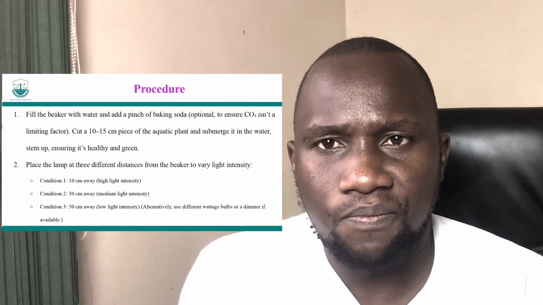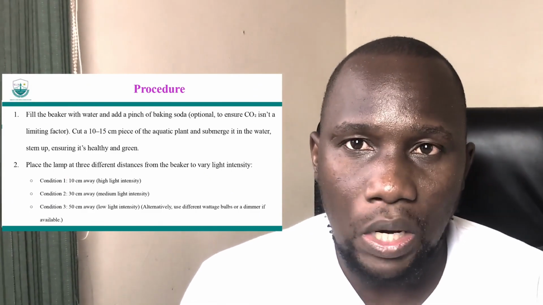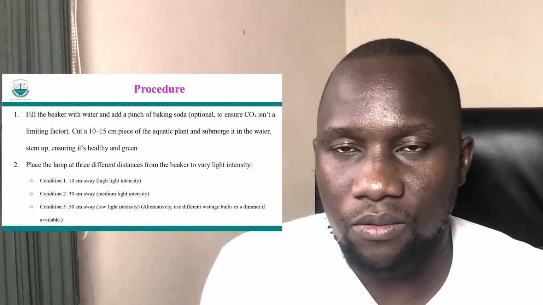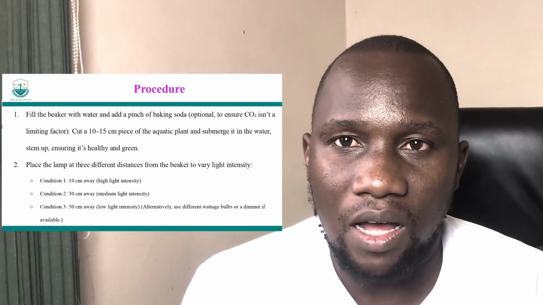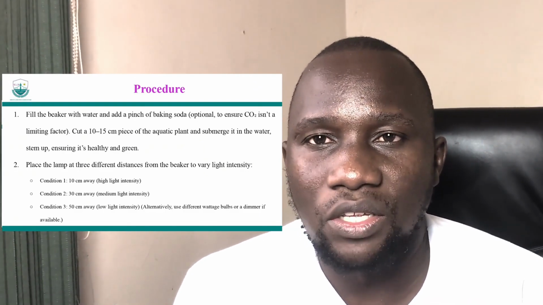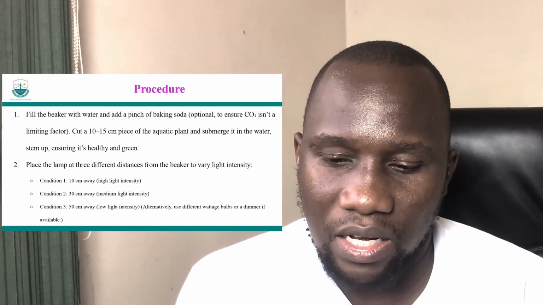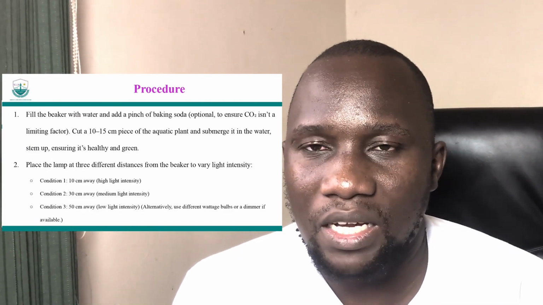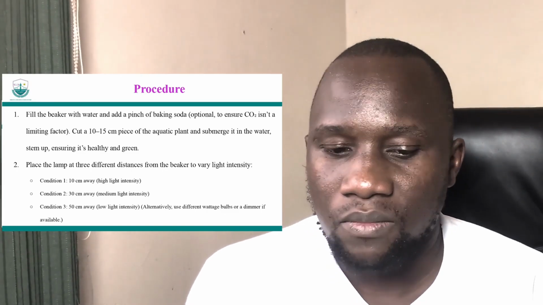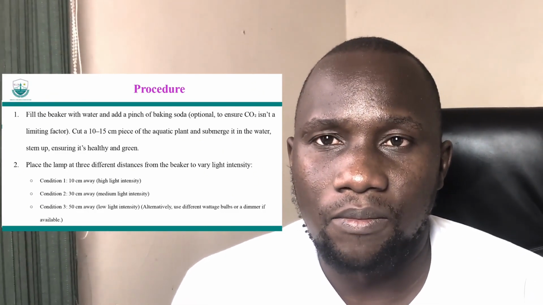So what do you start with? The first step is that you fill the beaker with water because you want the aloe plant to be in water. That is its natural habitat, right? So in that water, you add a pinch of sodium bicarbonate, and I've explained why you need to have that. And then you can cut the part of the plant that you want, that is the aloe plant, put it in water, and then ensure that you get the plant,